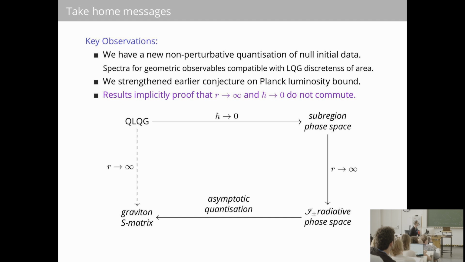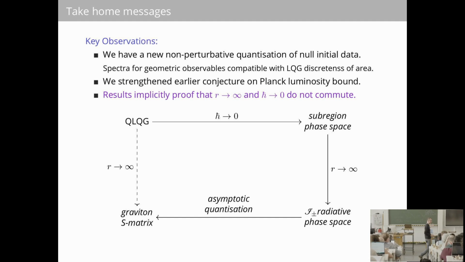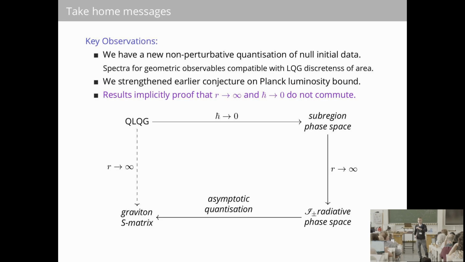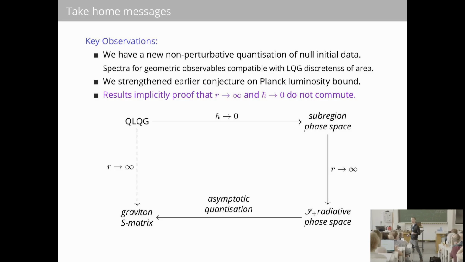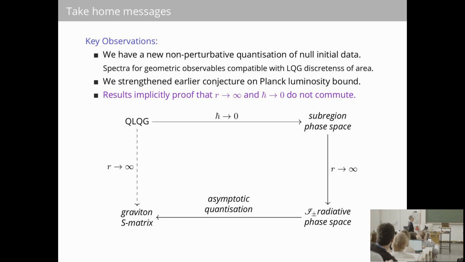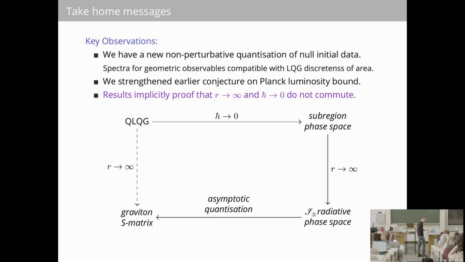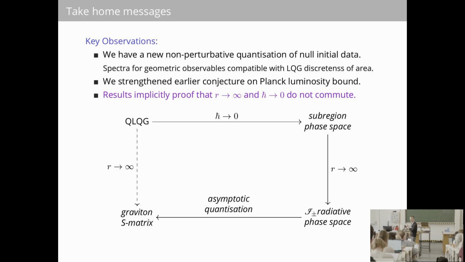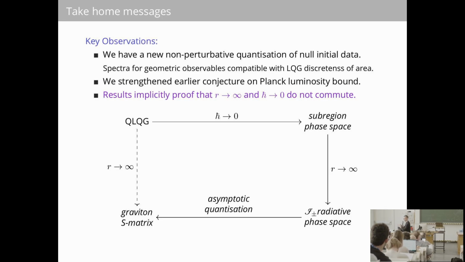For instance, I find that the spectra of geometric observables, like the area, are in fact compatible with the LQG discreteness of geometry. But on top of that, I also find a quantization of shear, so of the radiative degrees of freedom of general relativity. And thereby, I had some arguments for such a luminosity bound earlier,